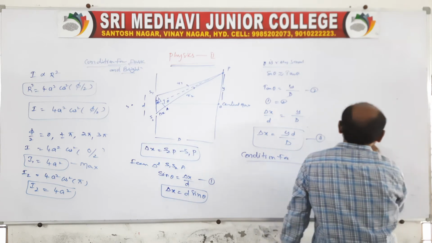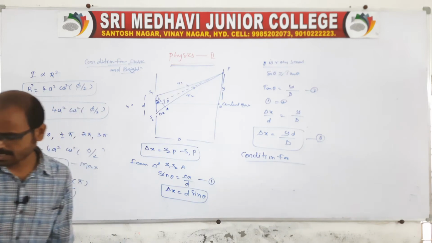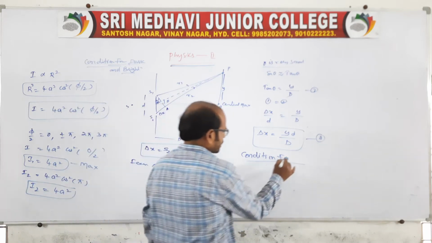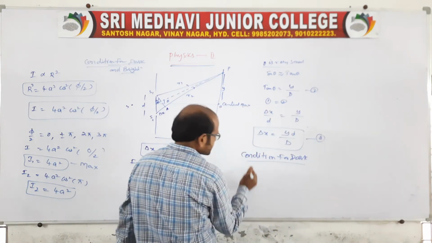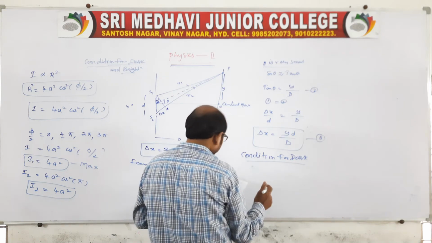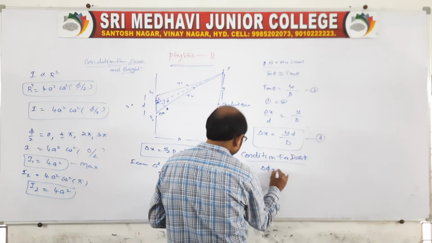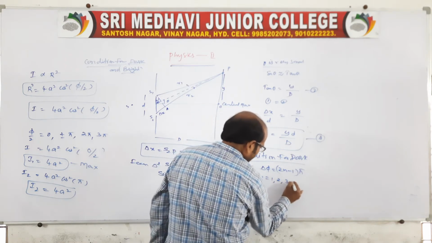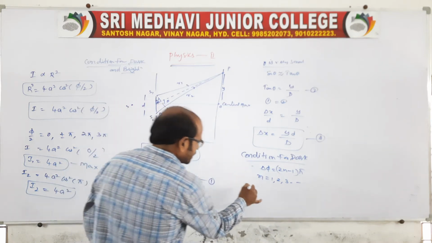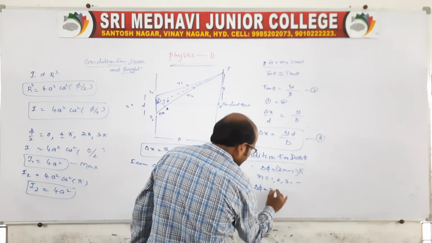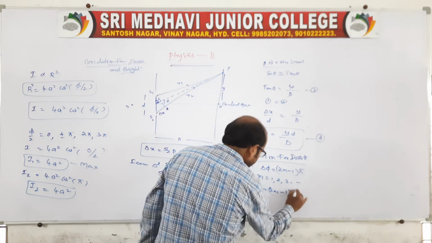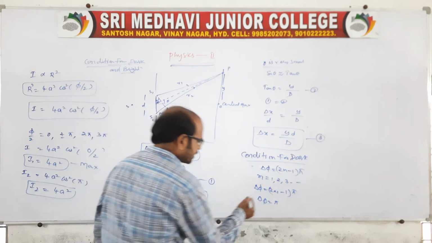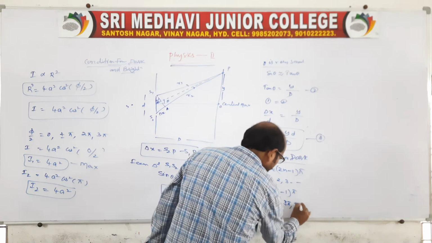Look here. Now we are going for the condition for a dark band. For dark, delta pi is equal to 2n minus 1 into pi. Of course, n value you take as 1, 2, 3 and so on. If you take 1, delta pi will be 2 into 1 minus 1 into pi, so delta pi is equal to pi. Next one, we will get 3 pi, and the next one 5 pi, odd numbers, 7 pi and so on.